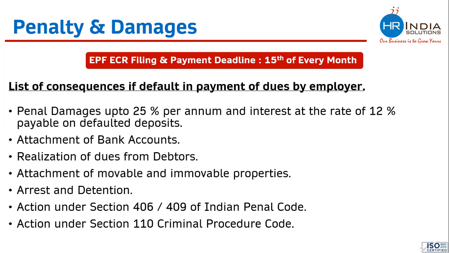Okay, Arun was talking about the penalties and the legal procedure in case any employer is not adhering to this law. So these are a few penalties which can be imposed on the employer, and this PF amount goes by the 15th of every month. If you do not make payment by the 15th, on the 16th the penalty amount would start appearing on the website. Even if you delay for 1 or 2 days, you will not get any kind of notice or any kind of phone call.